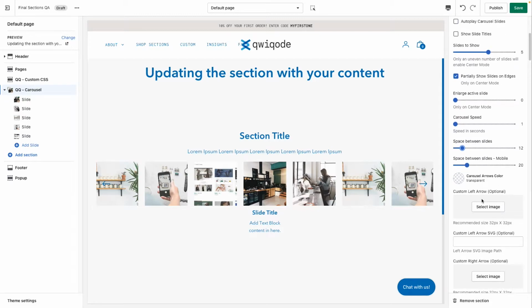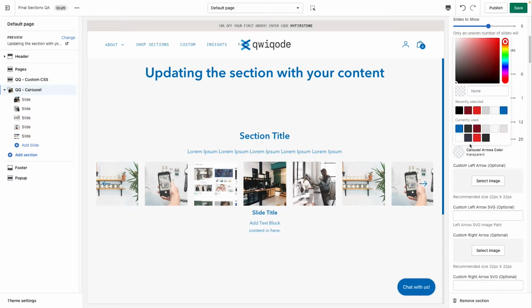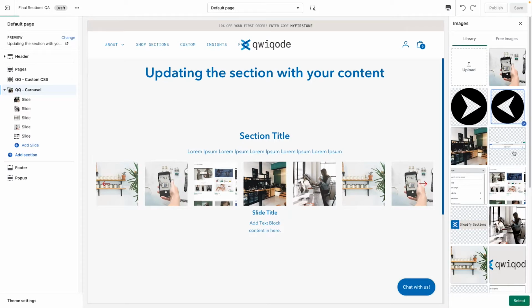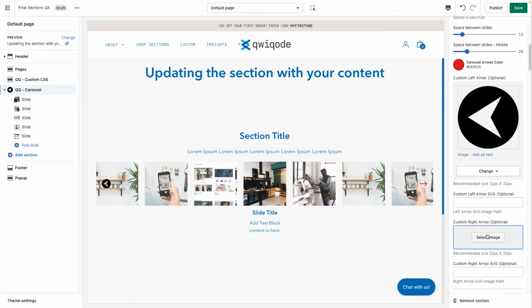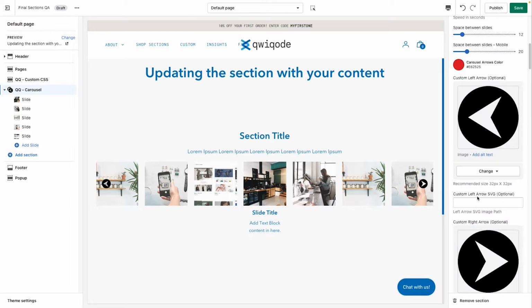Moving on, we have these arrows here. These are default arrows, and you can change their color if you'd like. Or you can upload your own image. So for instance, if you select this image, and the one for the right, you can have your own arrows. Or if you have SVGs, then you can place the path here where you would upload the SVG